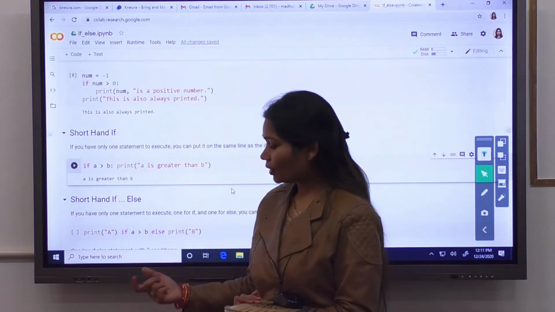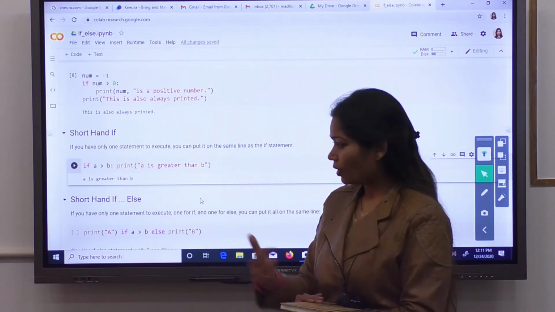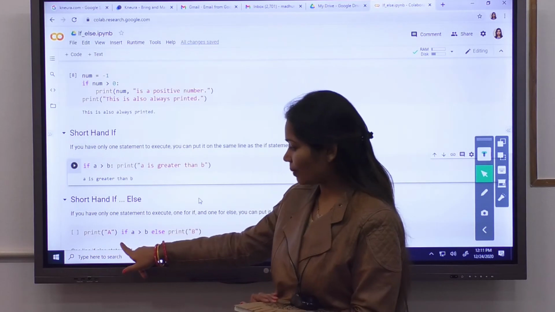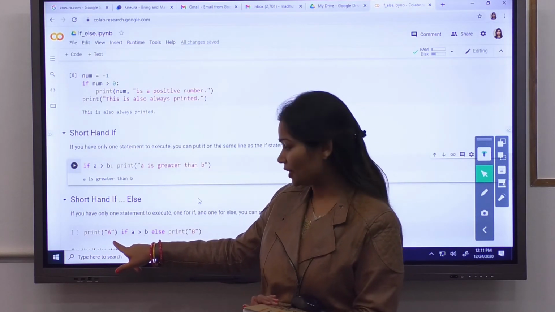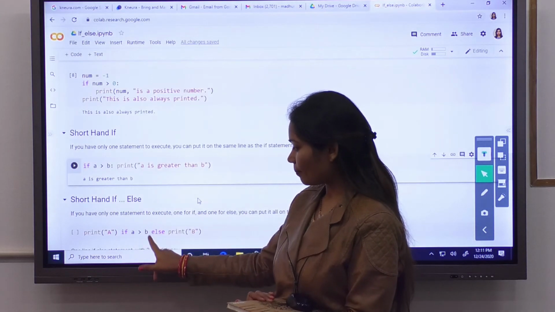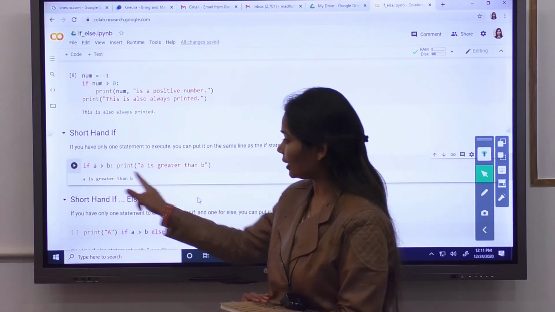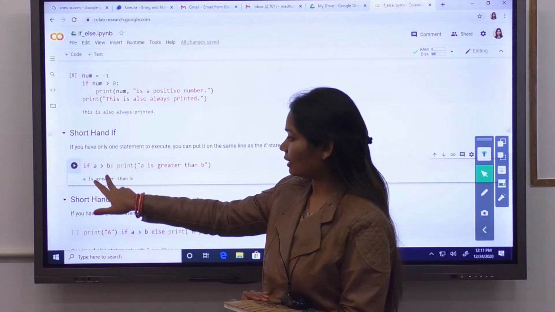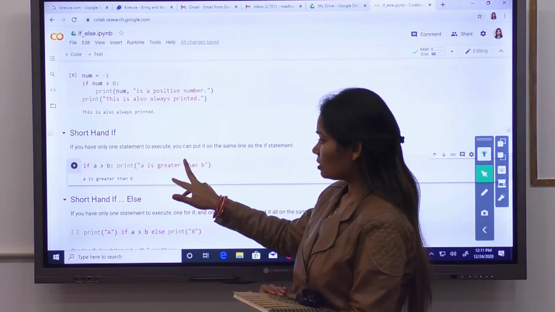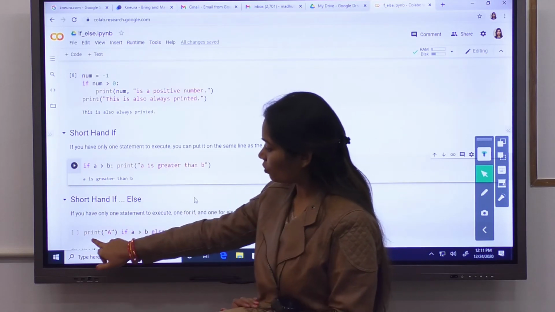Whatever single statement you want to run with the if, you have to write that statement first. So print a if a greater than b. This is the single if statement which you write here: the if condition and the print message. When you go with the else keyword, it will look like this.